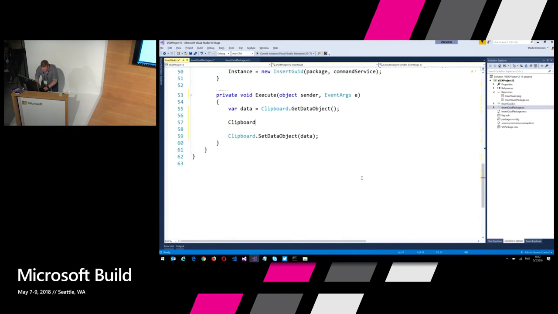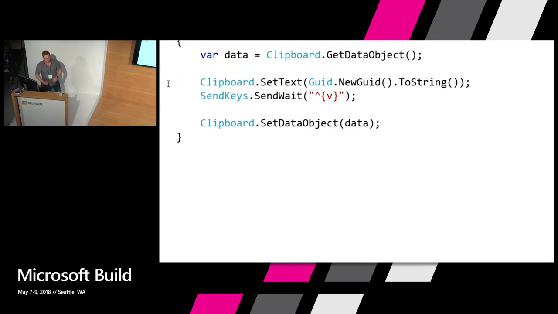So I'm going to set text to a new Goood and put that into the clipboard. And now I'm going to paste it. How do we paste things? Well, one thing that comes to mind is the oldest trick in the book: SendKeys. So basically, simulate that the user presses Control V, which looks like this. Let me zoom in here so everyone can see. This is one way we can do it,